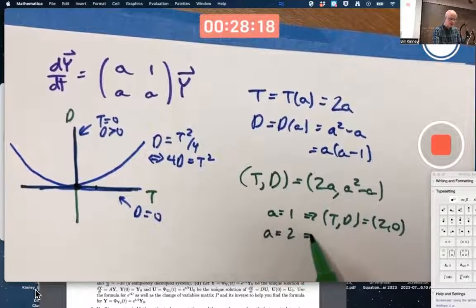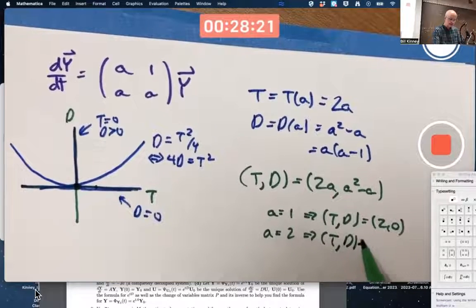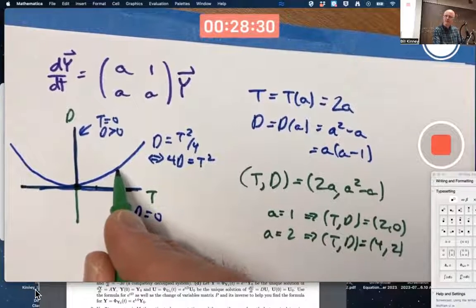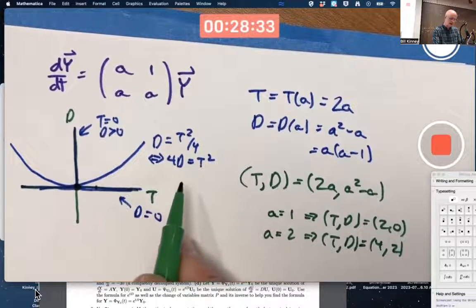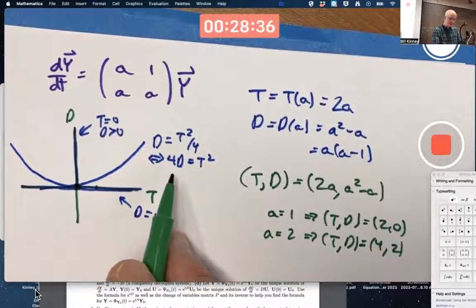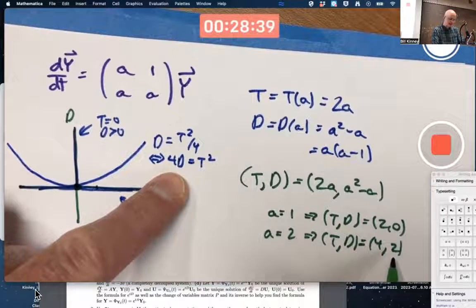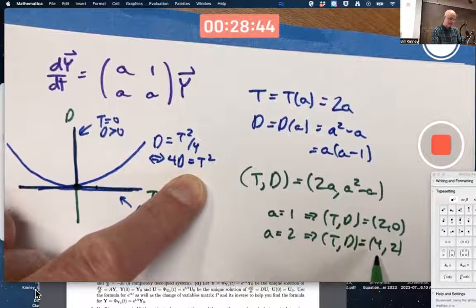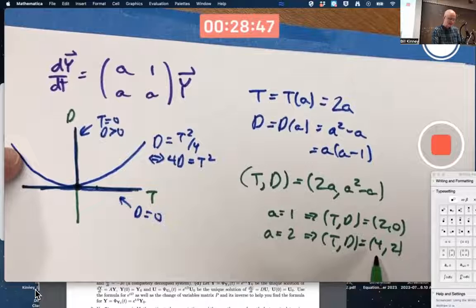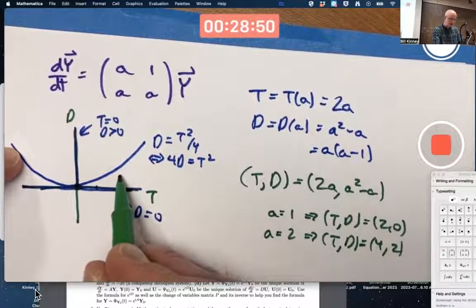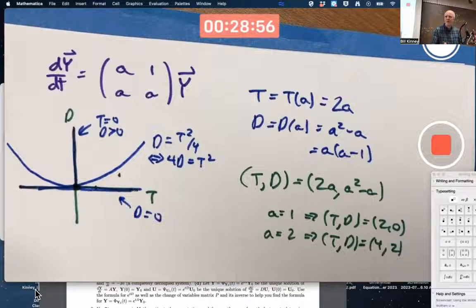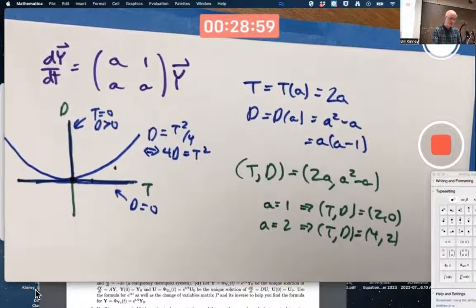When a is 2, (t, d) is (4, 2). Somewhere over here. Is it above or below this parabola? 4 times the determinant here, 4 times 2, is 8. T squared is 16. D is less than t squared over 4, so we'd be below it. Plot more points. Is there a way to figure out what it looks like without just plotting a bunch of points? Yeah, you could